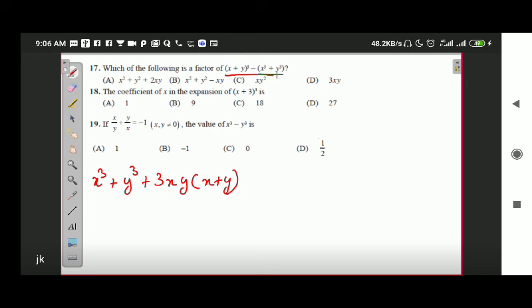And the second part will be minus x cube minus y cube. Now see, x cube and x cube, y cube and y cube are cancelled. The remaining portion will be 3xy(x plus y). It is already in a factorized form. We can easily determine the factors, and I can see D is the correct answer.